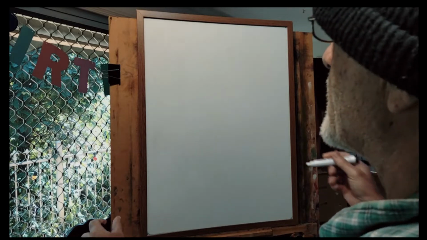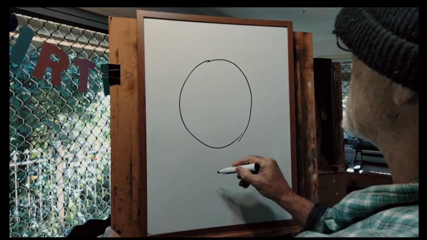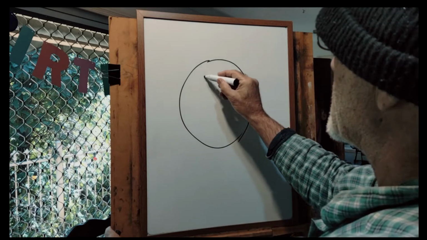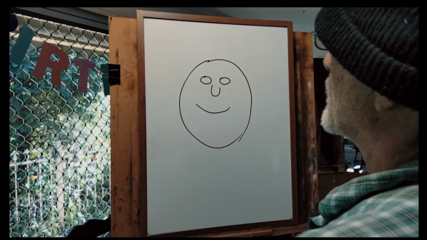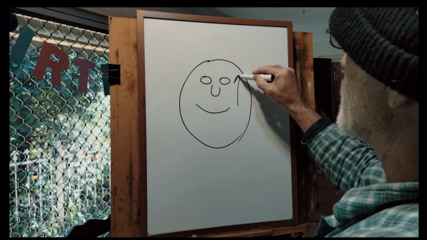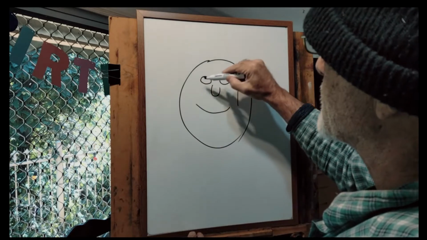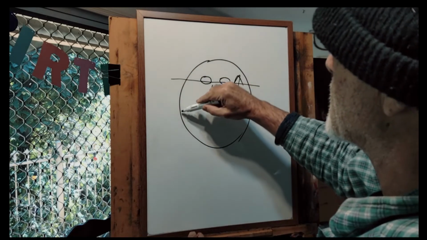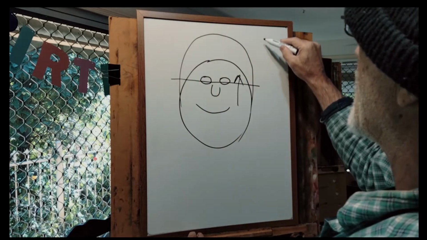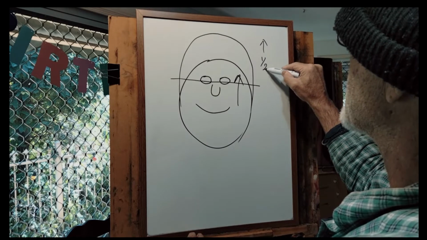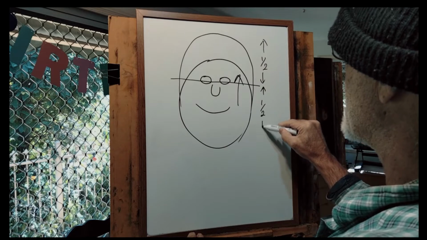For example, many people, when they draw a face, tend to put the features right near the top of the face, when in fact the eyes are more or less halfway down the whole face. Now, you may find that difficult to believe,